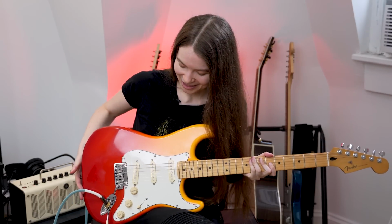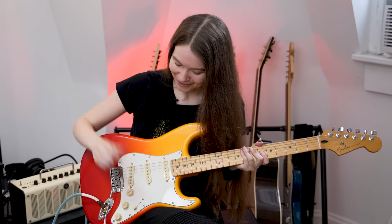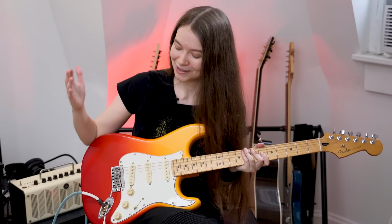So I think that about covers all of the main features of this guitar. I personally really like the locking tuners. I also like the noiseless single coil pickups because they just kind of enable a new range of tones that weren't possible without hum before, and I think that's really neat. And also I like how you have the push-pull selector to add in 2 additional tones, so you just have a lot of stuff to work with on this guitar. I also am a big fan of the finish, as I said before. It looks really cool. This guitar comes in at almost exactly $1,000, so it's not quite an entry-level guitar,